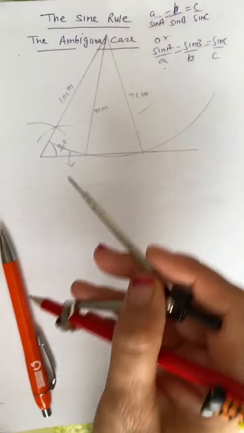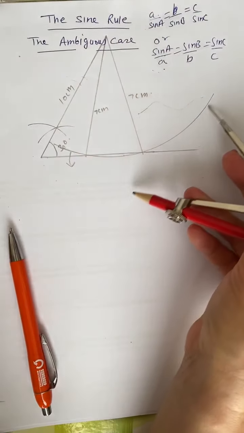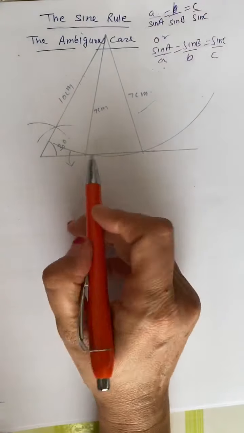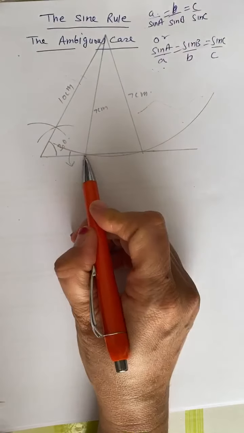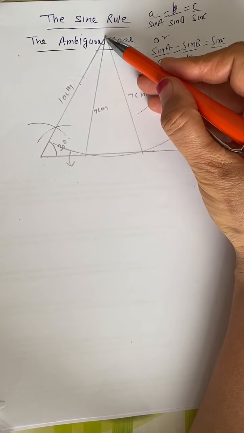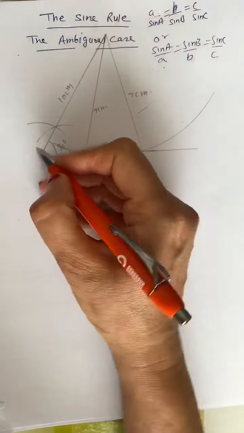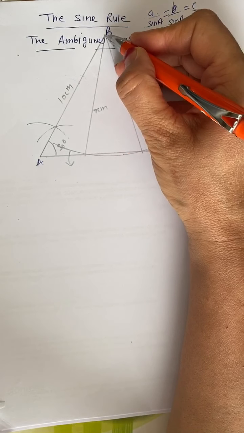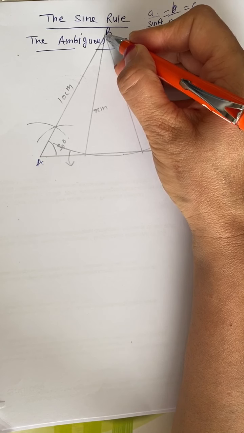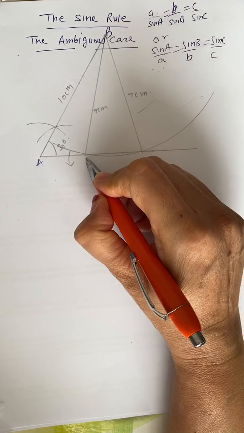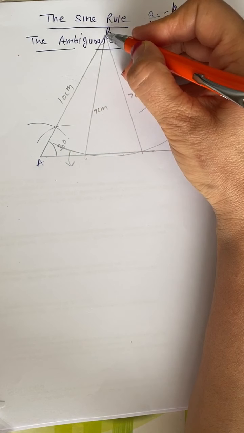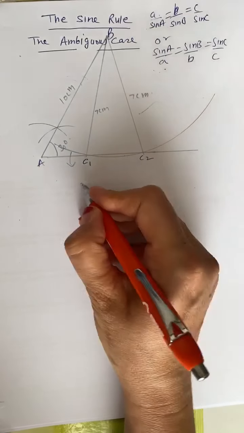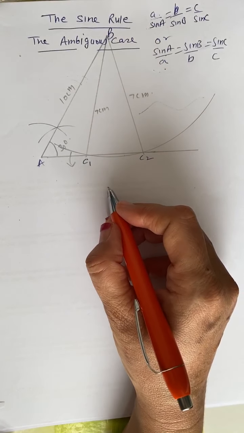an arc, and we can see this arc meets this line at 2 points, or intercepts. This arc intercepts this line at 2 points, which means we can have a 7 centimeter line coming from, and let's label it A, B, so the 7 centimeter side will be from B to this end of the intercept, and then the other one will be from B to this intercept. We can call these C1 and C2, or if we want, we can call them C also.